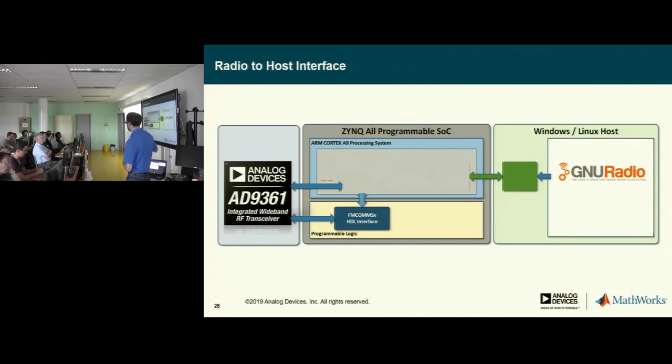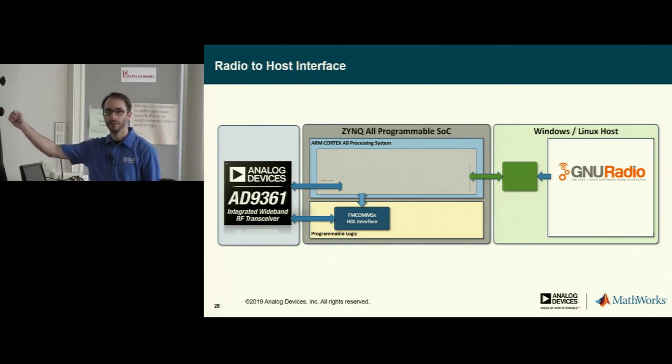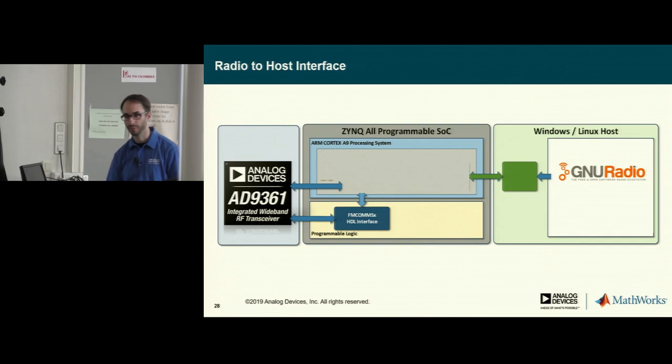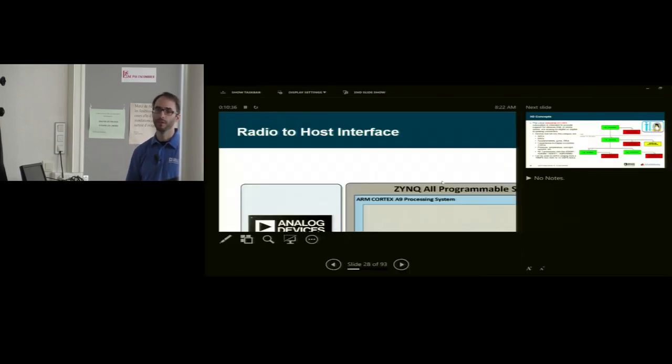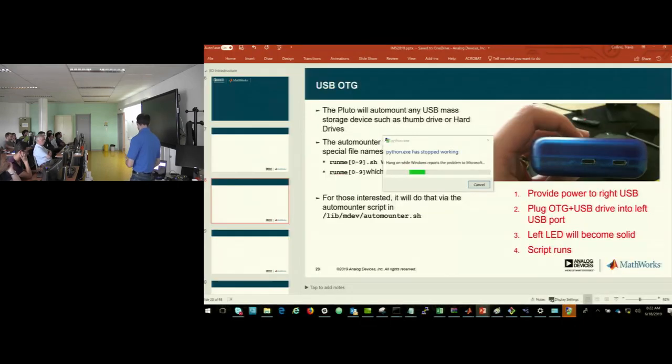Now, I'm going to be building up how we talk to Pluto and how we talk to the transceiver in this diagram. This is a more system-level diagram, where in the middle we have the Zynq, on the left we have the transceiver itself, and on the right we have a host PC that's running GNURadio. It could be running MATLAB or Python or some of the I/O tools that we provide as well. But I just want to give you a high-level perspective on how things are working. But on the far left, this doesn't have to be a transceiver. This could be high-speed converters that we support, as well as sensor devices like IMUs or amplifiers or